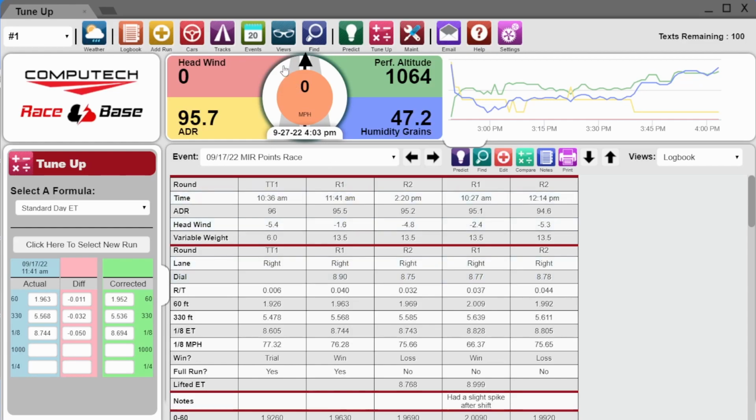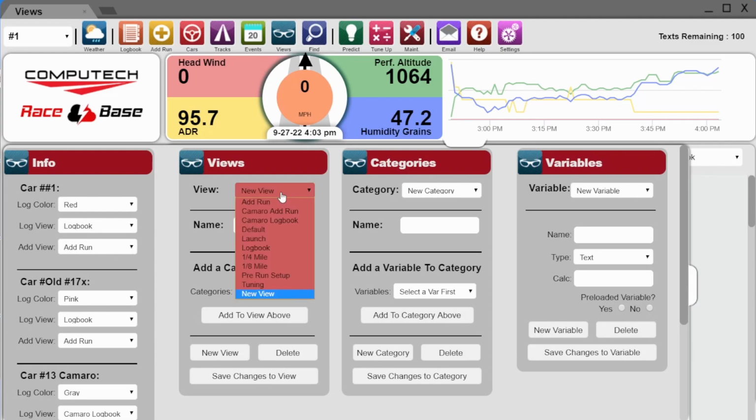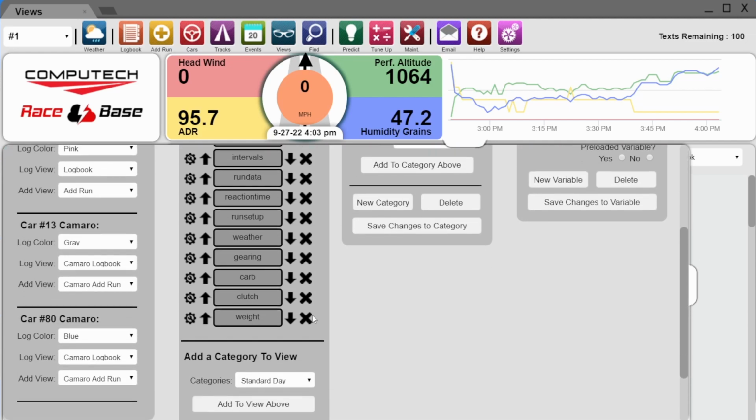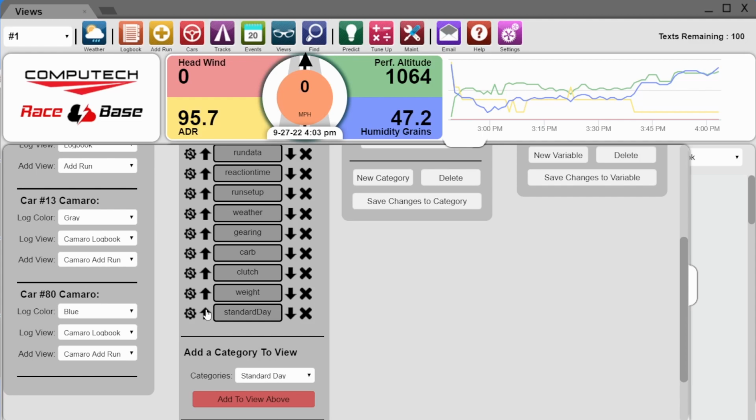So the next thing we want to do is go to Views, and we are using the logbook view for this car. So I would come over here to Logbook, and we've got quite a few categories in here, but you'll see there's standard day here now, and if you don't see it there, you should see it in the categories drop down. Hit Add to View above, and now I personally would like to see this right below my intervals, because I've got an interval category in here. So I'm going to move this right on up,